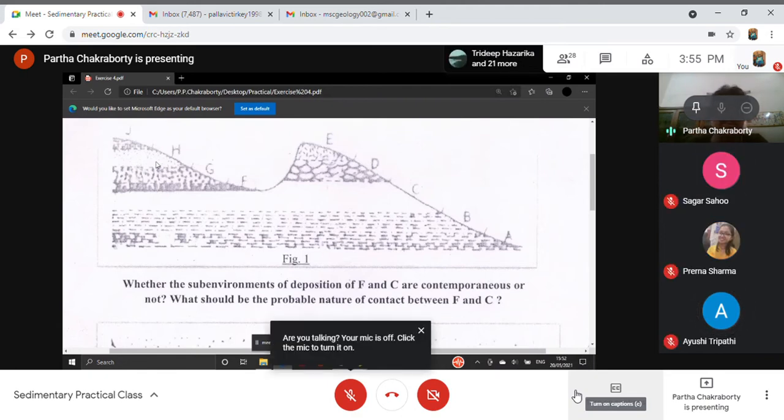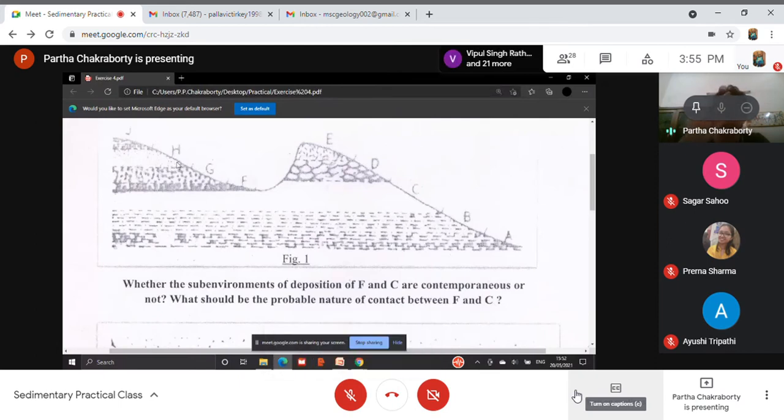If you see the river profile, where is the maximum depth of the river channel? It is at the toe of the point bar, isn't it? That is the deepest point of the river profile, and that is basically the coarsest particle available in the river system that gets deposited because of the competence failure. That is the coarsest.